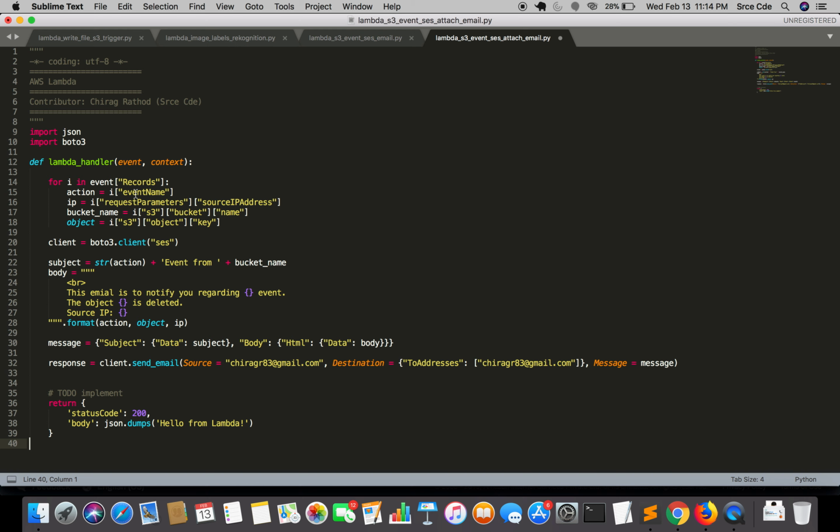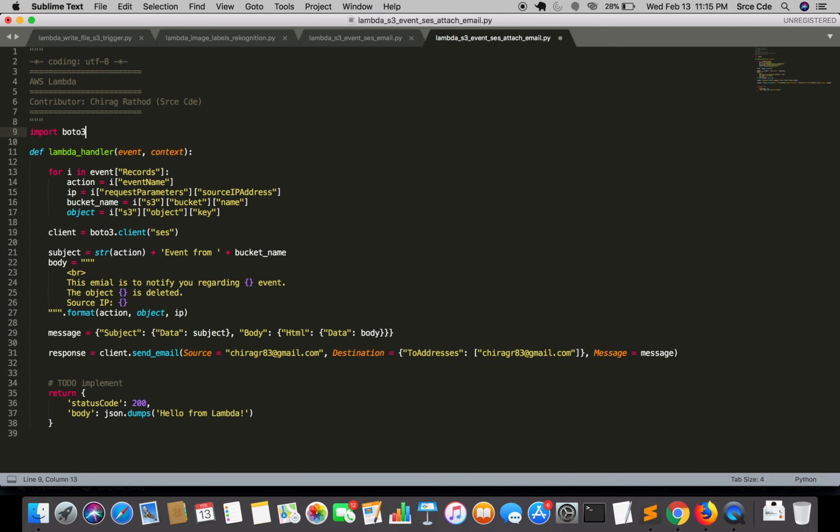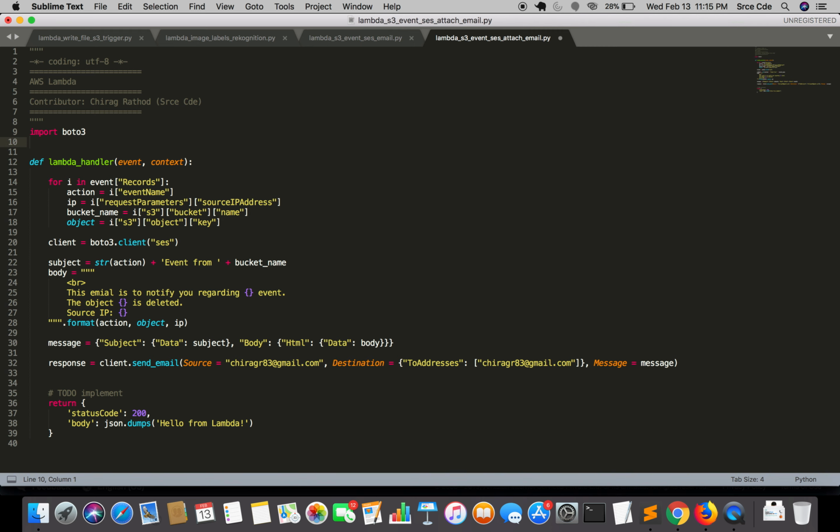Here we are going to use one more package or library, that is email, which comes inbuilt with Python. We are going to use three MIME classes from the email package. I will remove json since we don't require it. We require boto3, and then we require email, that is from email dot